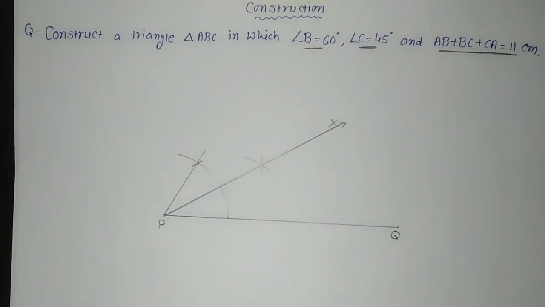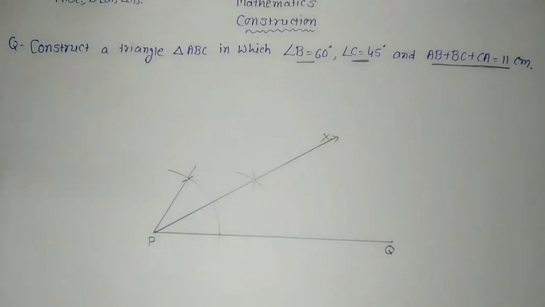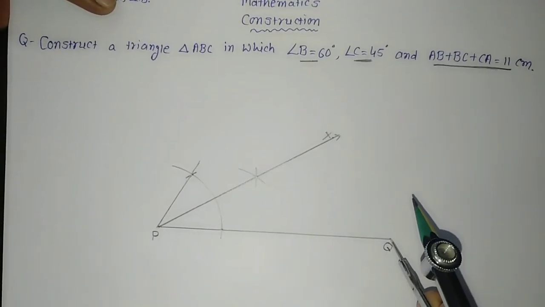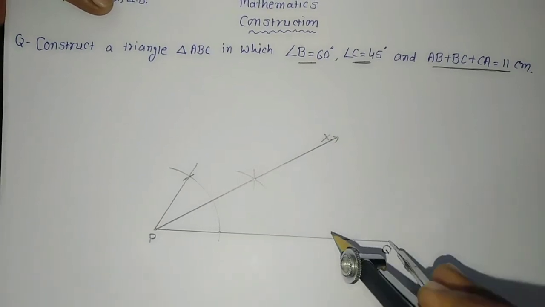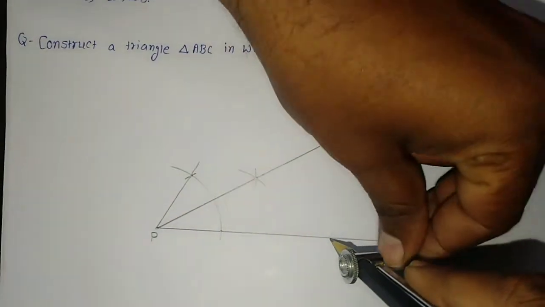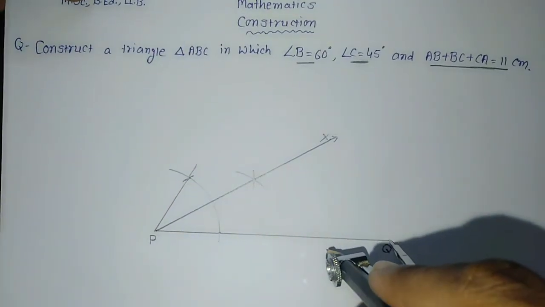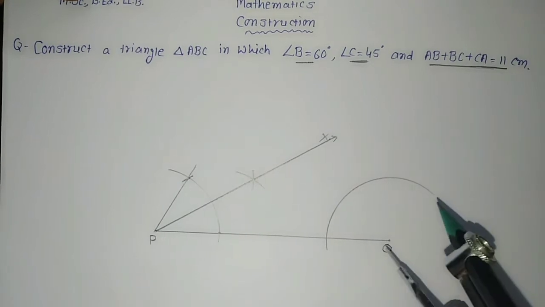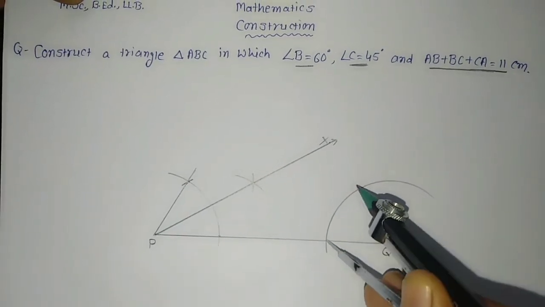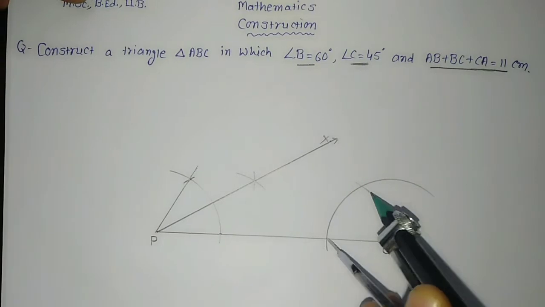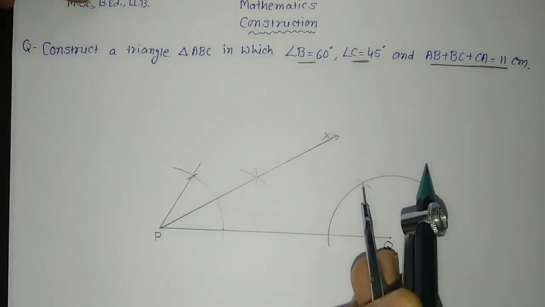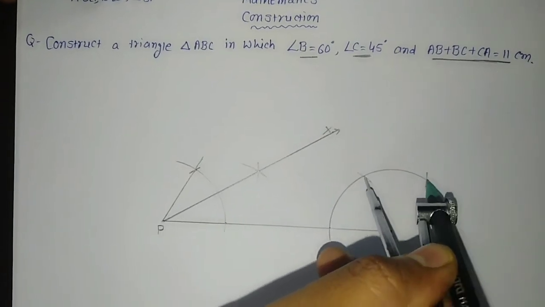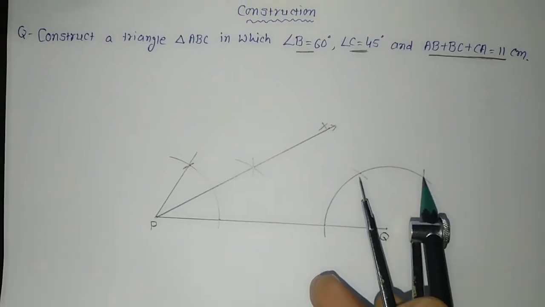Let us see that. For that we want to make C equal to 45. 45 is the bisector of 90 and 0. So first of all I will try to make 90. How to make 90? We all know. For that I will draw one of the rays from point Q. Then I will take this one, it is 60, and then again I will put the point over here at the point of 60, and then again I will draw one of the arcs. Then this is 120. So this is 60 and this is 120.